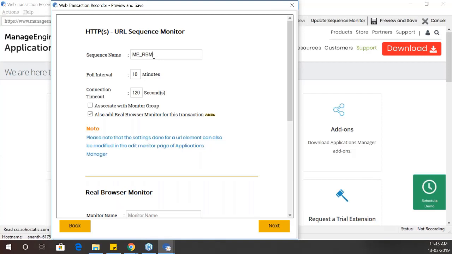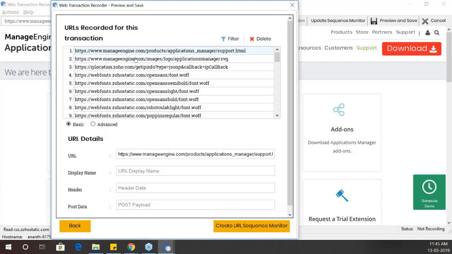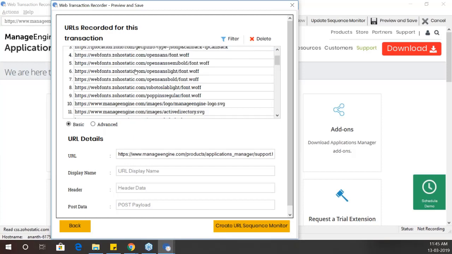So I'm providing it as ME RVM and the polling interval again. I would like to add this particular URL sequence monitor as a URL sequence monitor. I don't want this to be added as a real browser monitor for this specific transaction which I have performed. So I'm going to uncheck this specific option. Let me click next. Now you can see that the main URL along with the sub URLs has been already